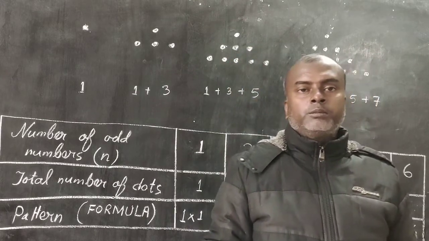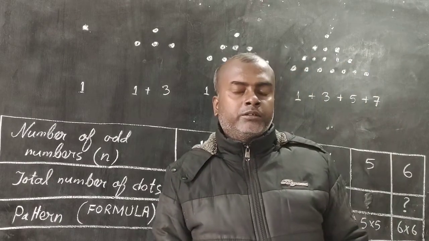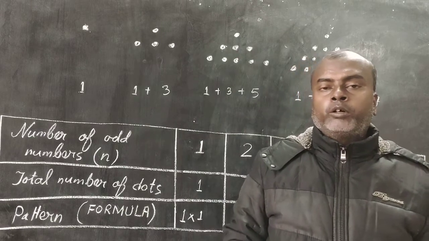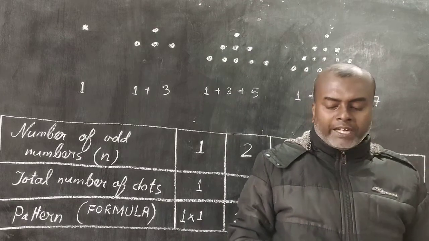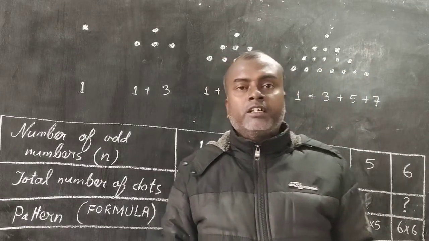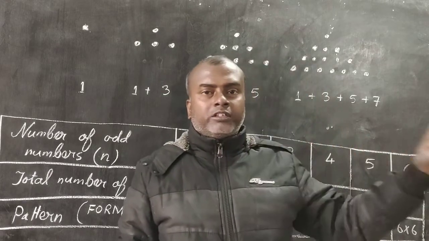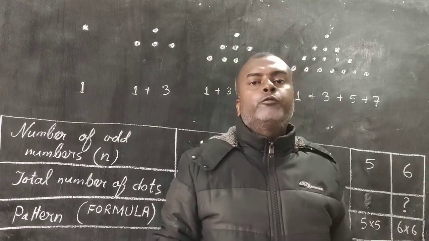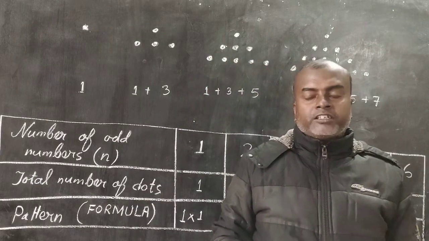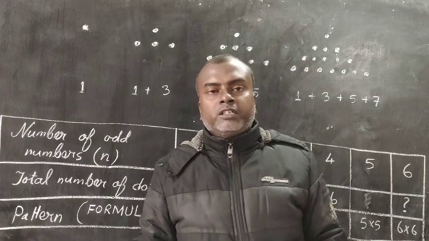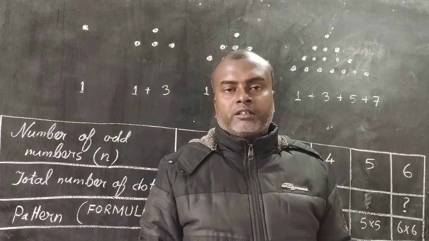We are going to study something known as a pattern, or you can also call it a formula. These formulas are very important in algebra. Now, what are these formulas? We will learn. A pattern is something that when you see it, you can predict what will happen next. By seeing 2 or 3 results, you can predict the 4th result, or seeing 4 results, you can predict the 5th result, like that. So when you observe 2 or 3 cases, after that you will know what the pattern is.